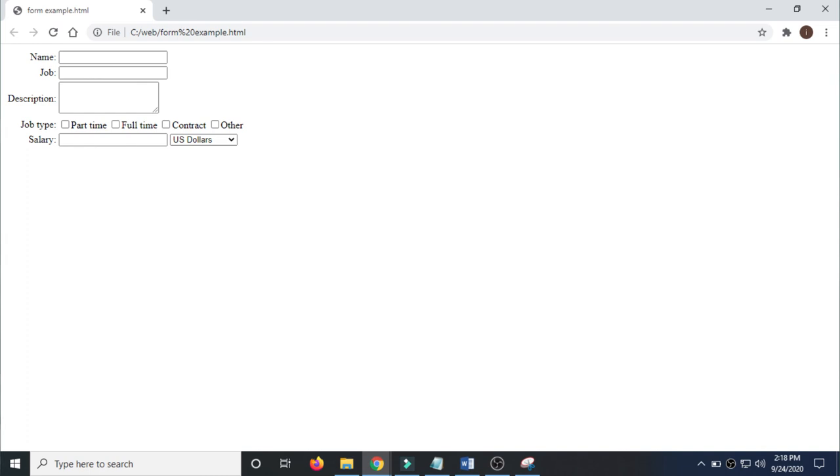So you can see that the remaining part is on the right side. So this is how we can write our form within a table. That means here I have written a table within form. So within the table I have written the form input controls. Okay.